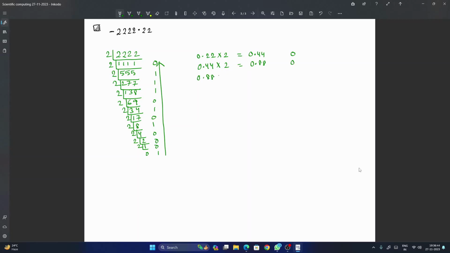Then 0.88 into 2 is 1.76, 1. Then 0.76 into 2, and in this way you have to go far, and you have chosen a number which will not recur. That means you have to calculate at least 23 such digits,